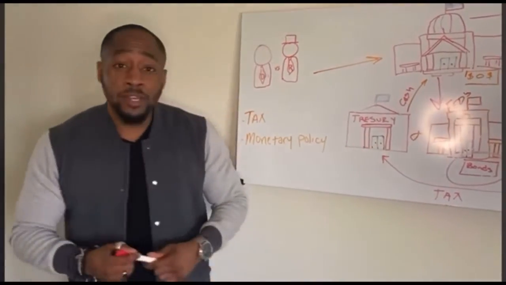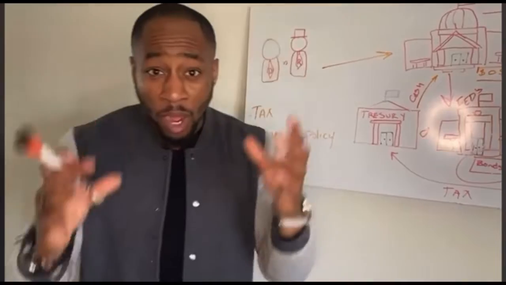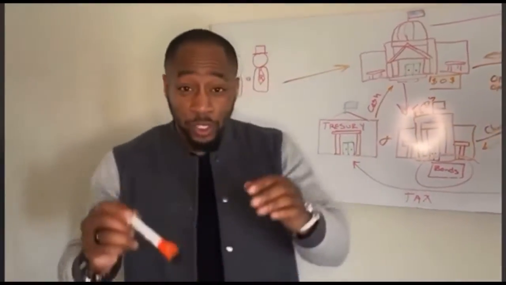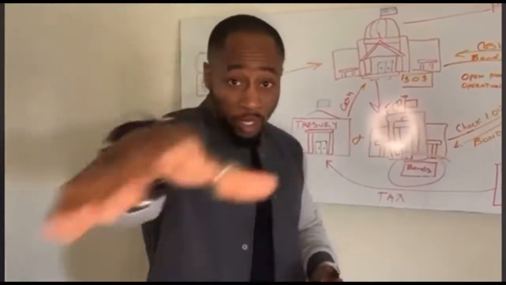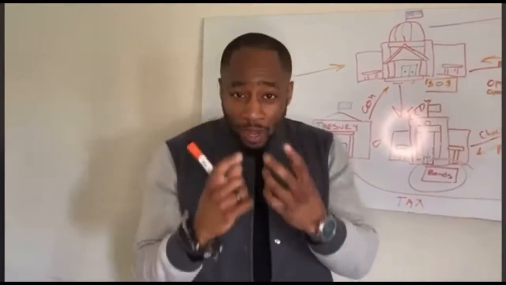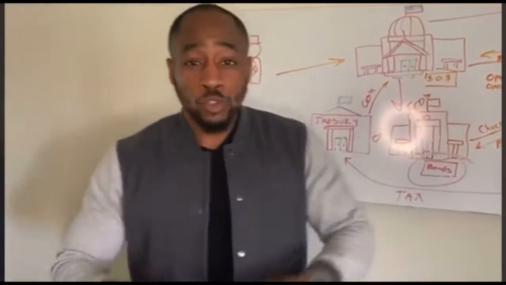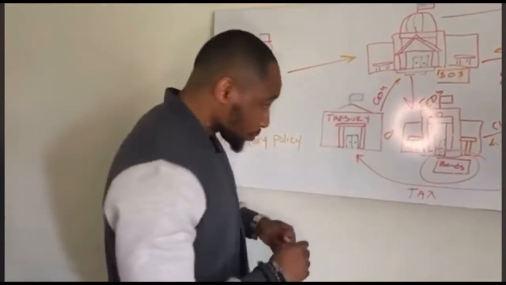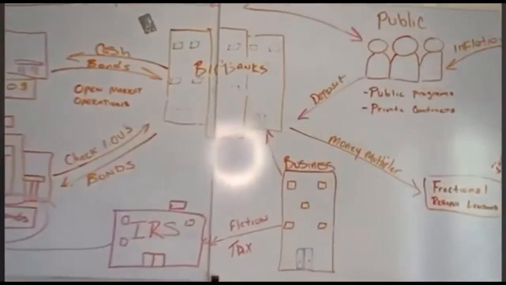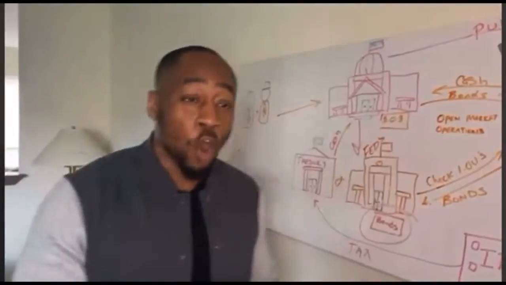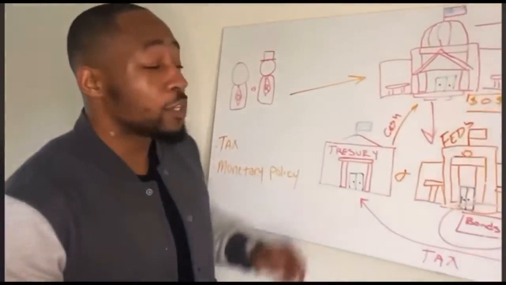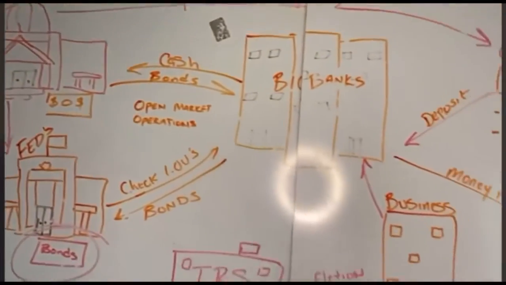So the Treasury does what's called issuing bonds. These bonds are essentially debt. They're real debt that we owe and our kids will owe sometime in the future, but we'll get to that. The government issues these bonds and holds what's called a bond auction, selling them to these big banks, because the banks want to profit off the interest the bonds offer. So they come in and buy these bonds from the Treasury because they want to make money off the interest.